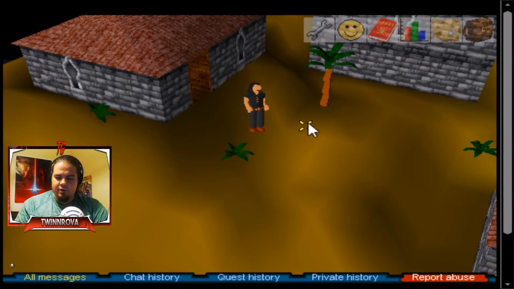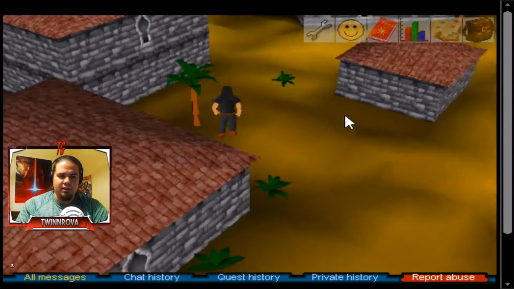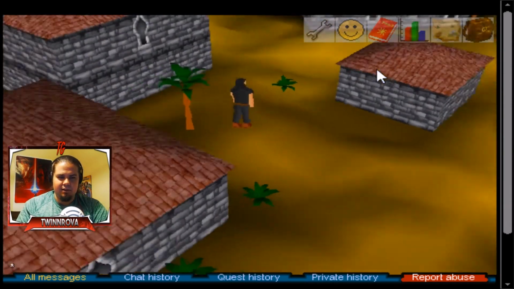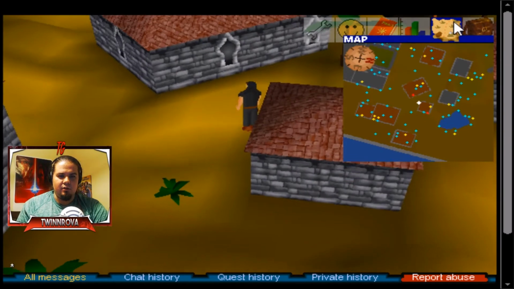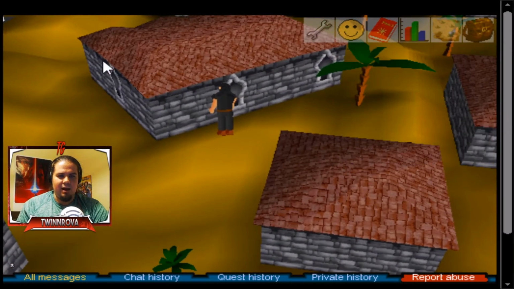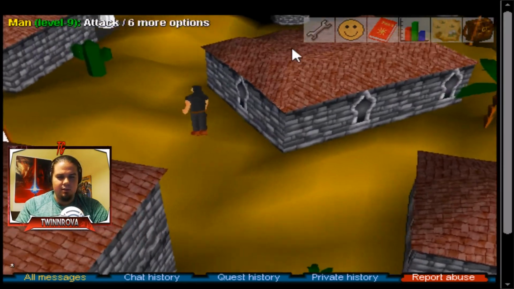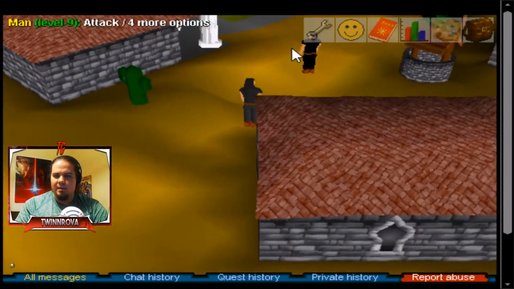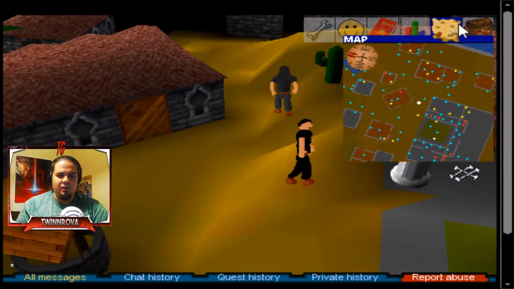So I just went wandering through Kharid over past the palace. Let's see if I can show you. So the palace is over here to the west. There's the palace on the map right here. Just walk over here so you can see there are the pillars in the palace. And if you come over here to the east